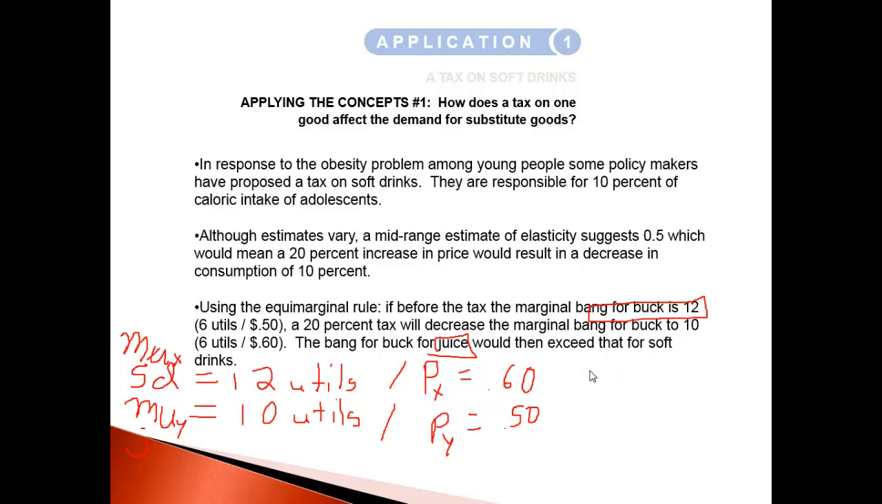So here we go. My marginal utility of X right here is 12 utils. So what I would do is write 12 and divide it by my price of good X, which is 60 cents, and that equals the marginal utility of good Y right here, 10, and we're going to divide that by the 50 cents, the price of good Y, and these would both end up equaling, let's see, I believe, let me do my math real quick, let's say